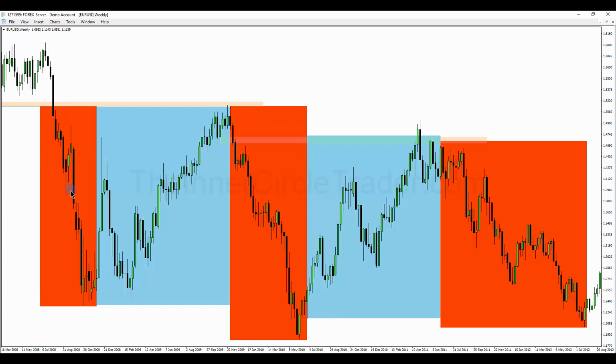All through here we have the market in a selling condition, a bullish market condition, bearish market condition, bullish market condition, bearish market condition. Okay, so now what we've done is we've mapped out this entire Euro Dollar from mid 2008 all the way to mid 2012,